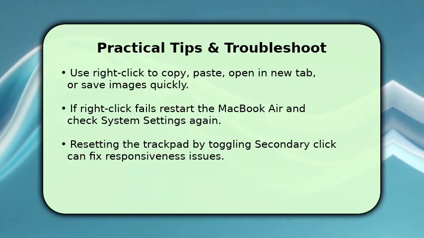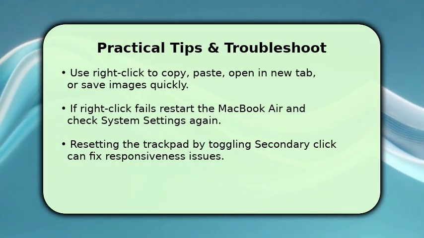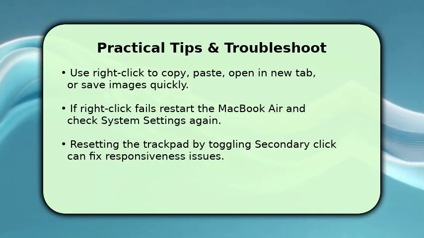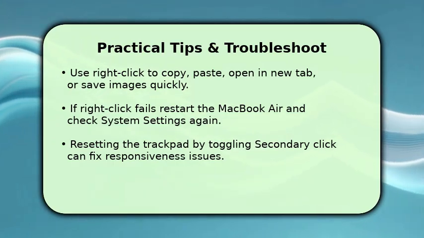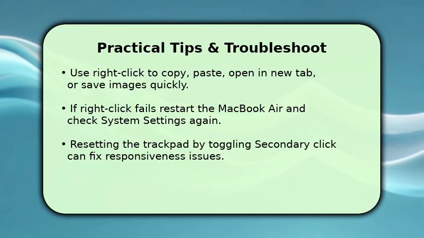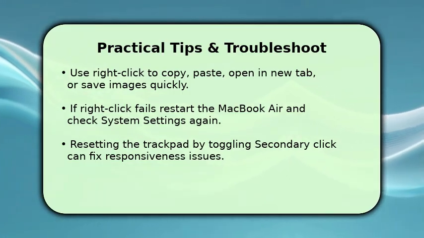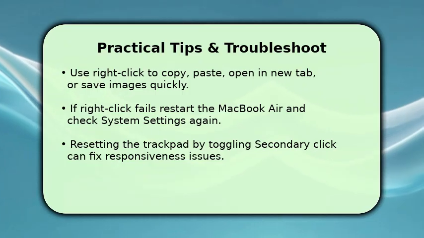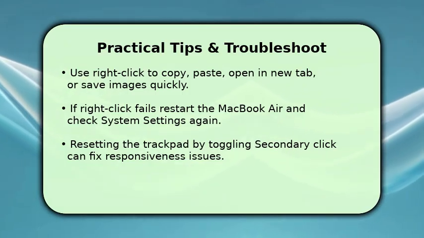If right-click stops working, restart the MacBook Air and check system settings for trackpad and mouse. Toggle secondary click off then on to reset the setting and test again. Update macOS if problems persist and consider resetting NVRAM only as a last resort. If using a Bluetooth mouse,